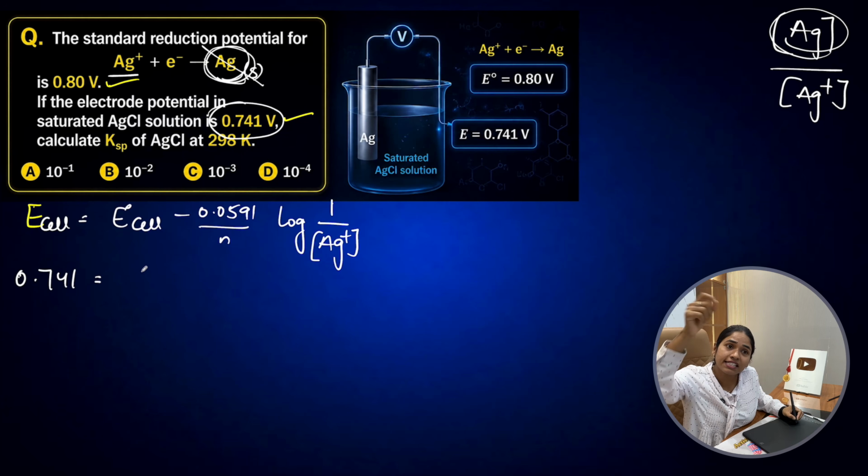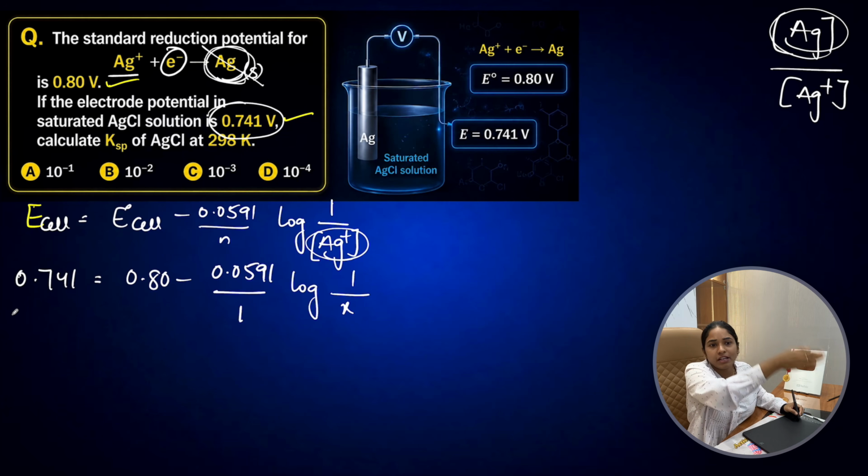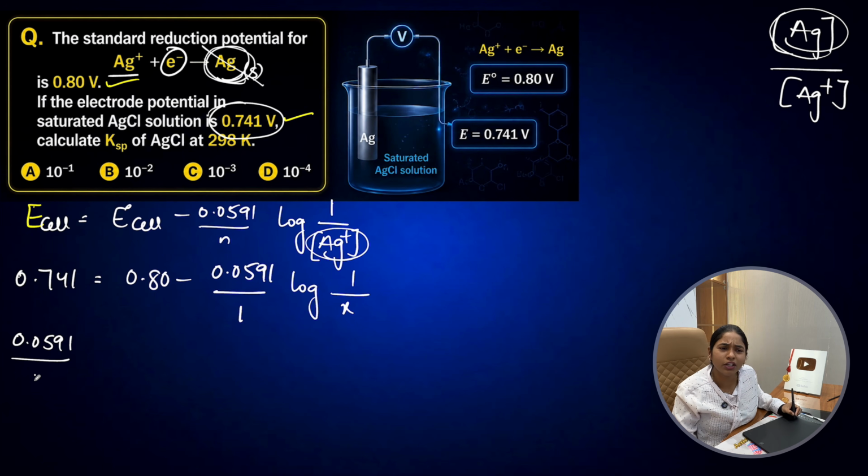0.741. E naught cell, how much is given? 0.80 minus 0.0591 by number of electrons transferred, which is 1, log of 1 by Ag plus concentration. Let me write it as X simply. Okay, so this entire term I will move that side and 0.741 I will move this side. So 0.0591 by 1, you no need to write 1, no problem. Log 1 by X is equal to